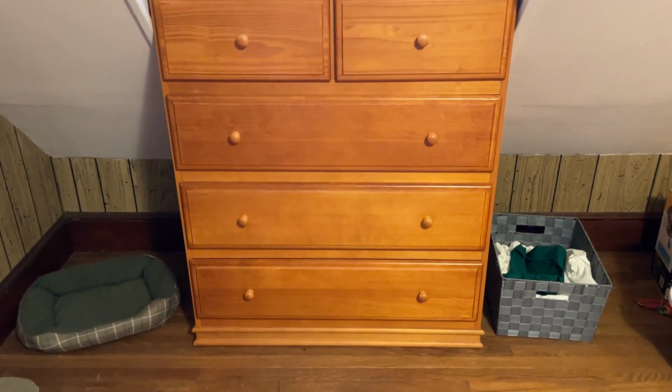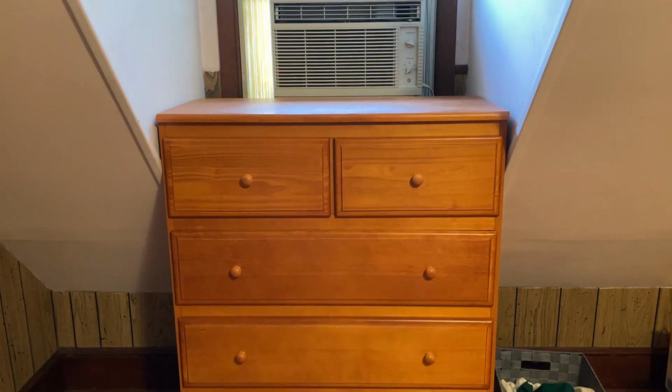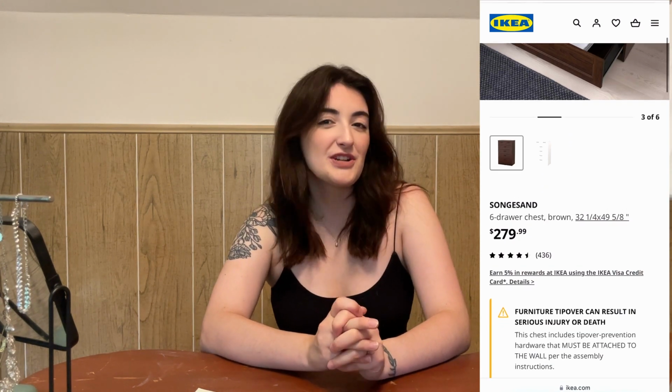Comparatively, the dresser that Ethan went to pick up for himself is not as ornate, which made it a lot easier to find a comparison. I found a very similar dresser at IKEA, and if I'm being honest, that is probably where we would go to get a lot of furniture, just because it's affordable and easily accessible to us if we weren't doing Facebook Marketplace. I found this dresser on IKEA's website, and it is very similar to what we picked up, and this dresser retails for